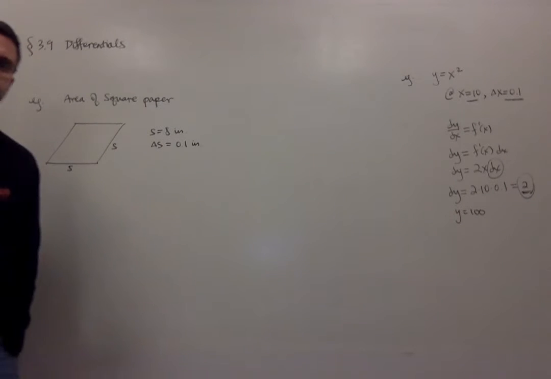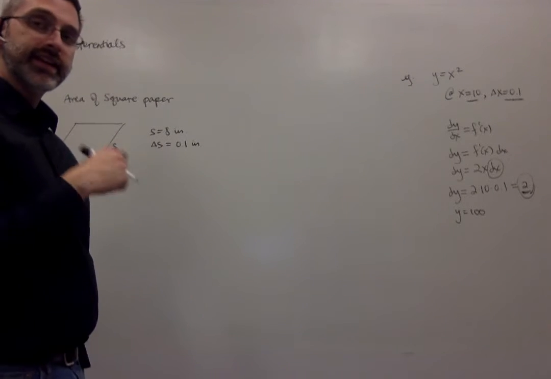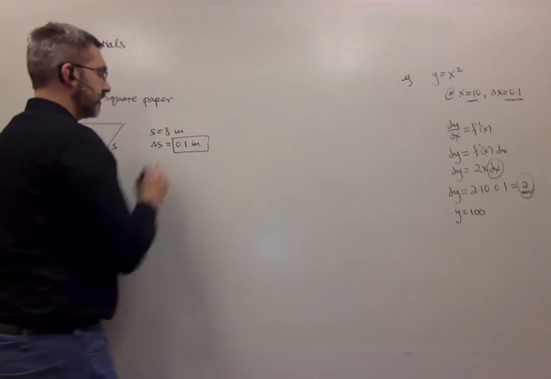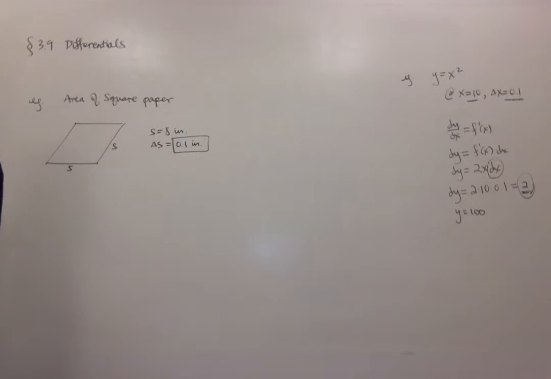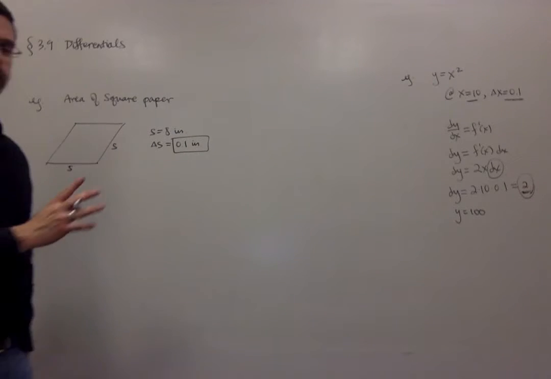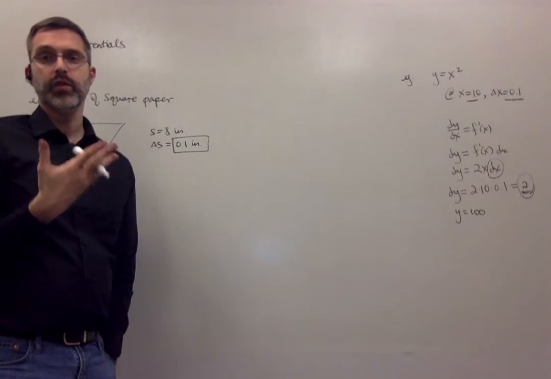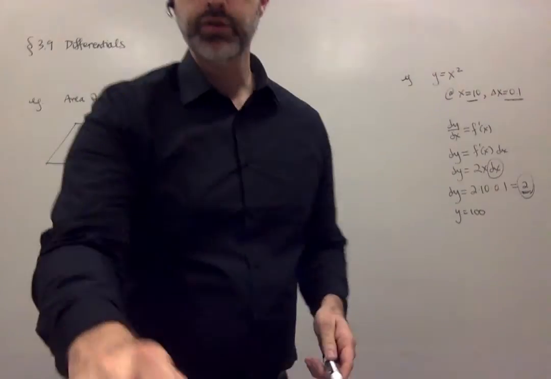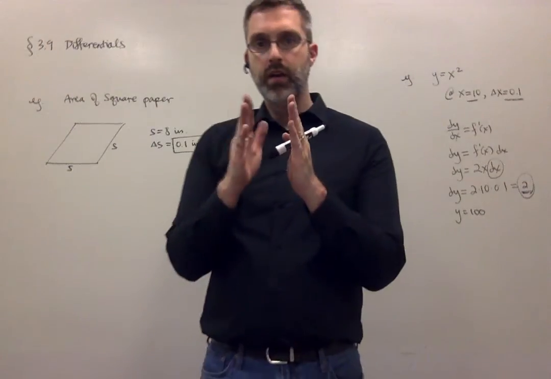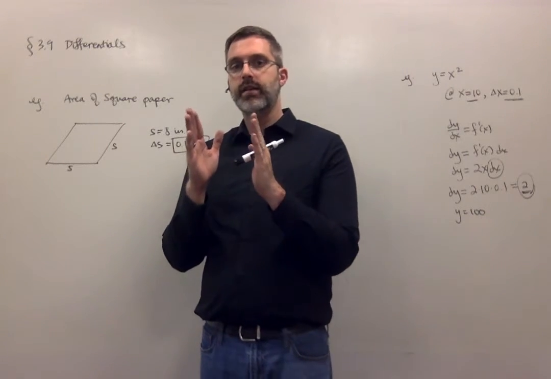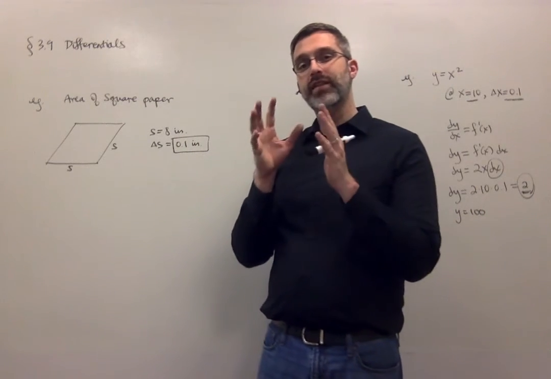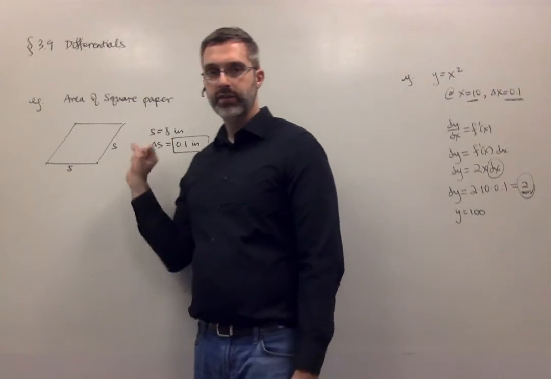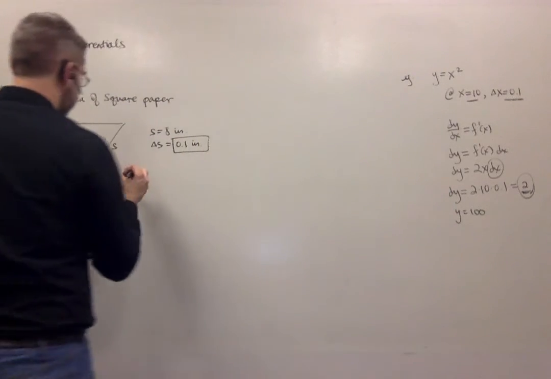The question is, now if I use this to calculate an area, how much error is going to show up in my area, potentially? My error in the side is 0.1. So if I had my ruler up, I can tell up to about 0.1 what the measurement is, but I can't get beyond that. So if I use that potential error, how does that show up when I use this number to calculate? So area